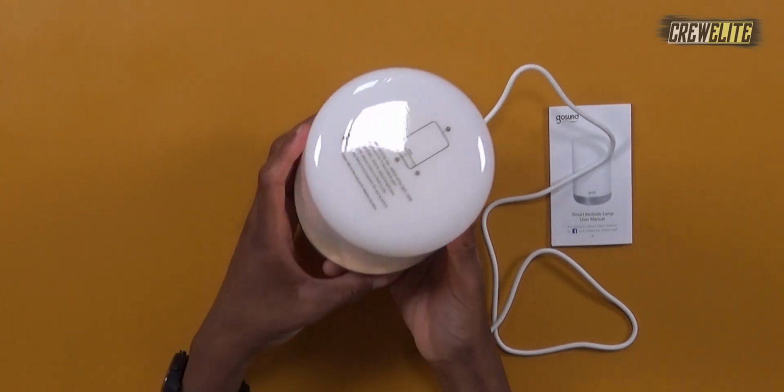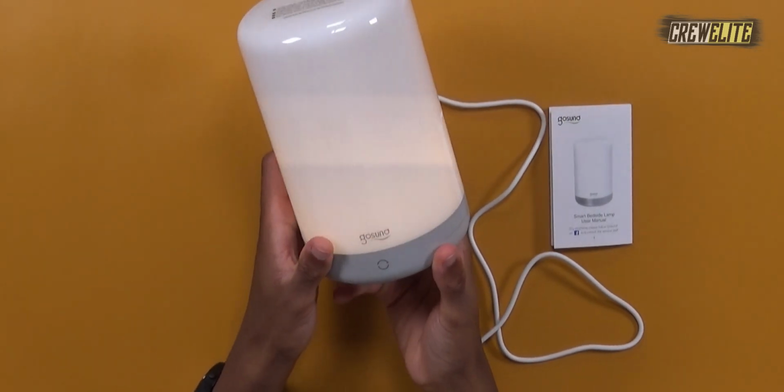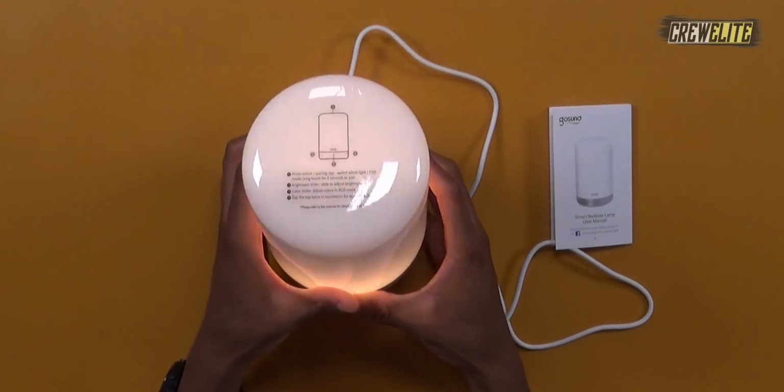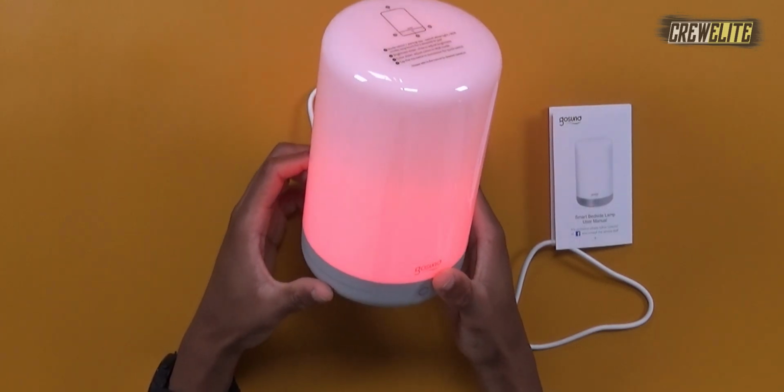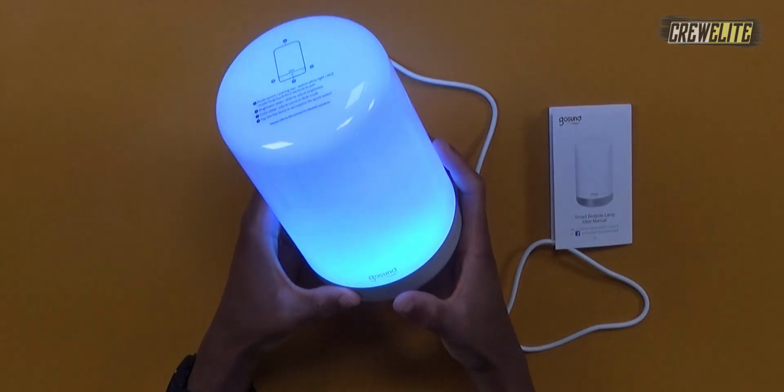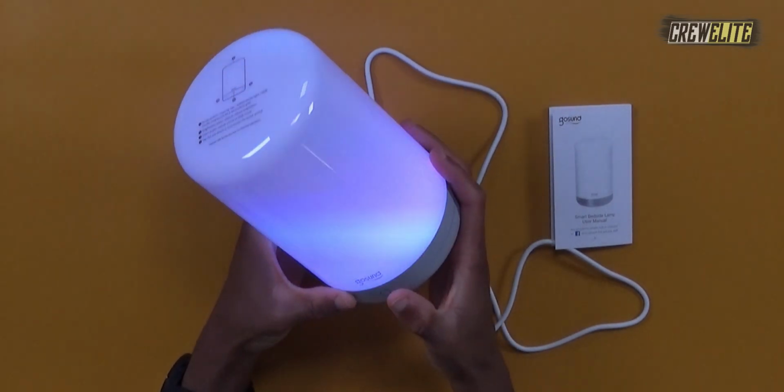And you can see it's already on, and I apologize for the flickering. Apparently this does not match my secondary camera's frame rate, but it looks like I just changed the color. Wow, look at that, oh my goodness. Wow, the colors are really intense with this. But full stop, what I'm going to do is connect this to my phone so we can